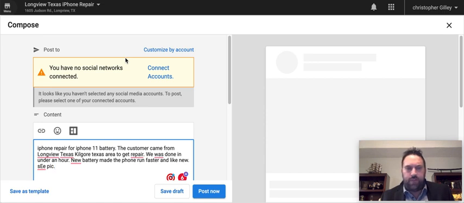Send them, hey, we repaired your iPhone 11 battery. How did it come out? Basically just make it sound like you're asking for feedback, to make sure it's working properly. And that way, whenever they say, yeah, it's working good, then you can send them the link to shoot it over to Google for the review.